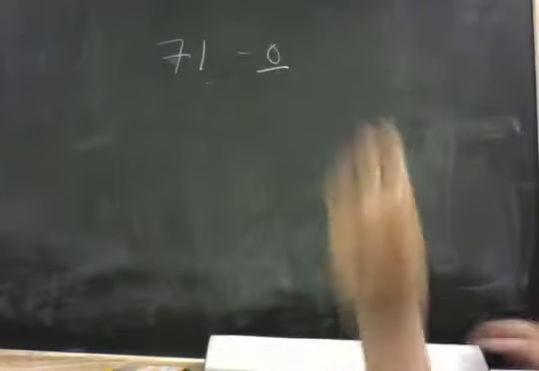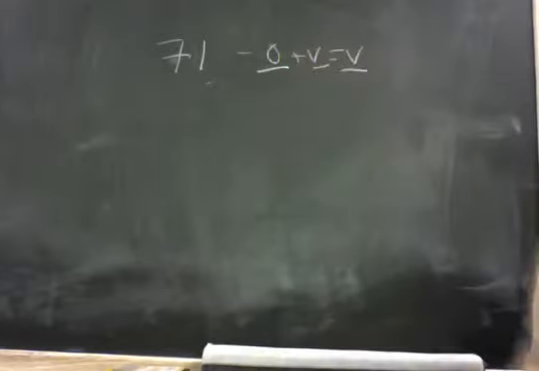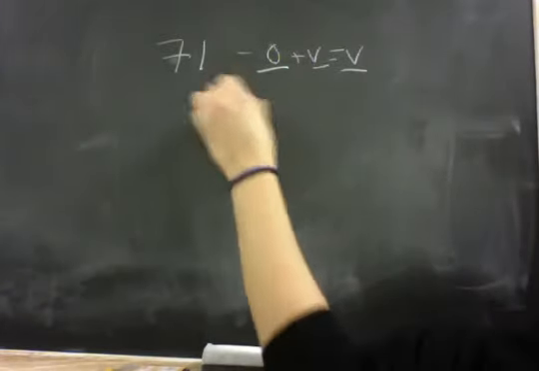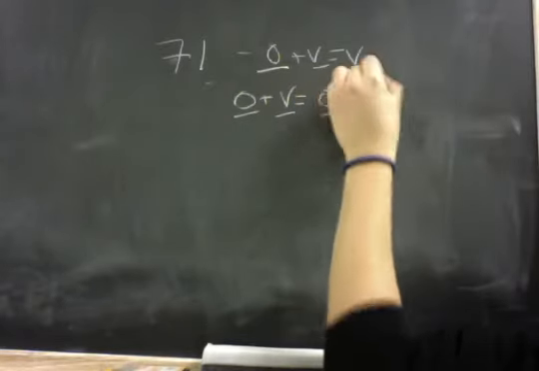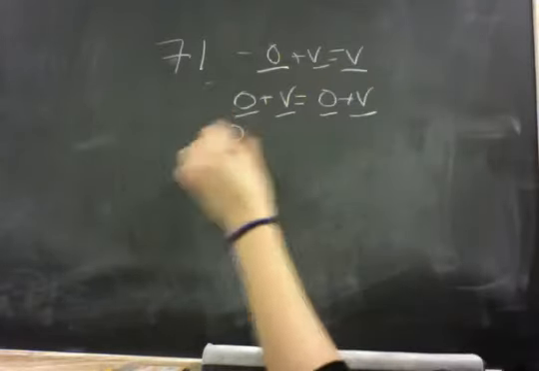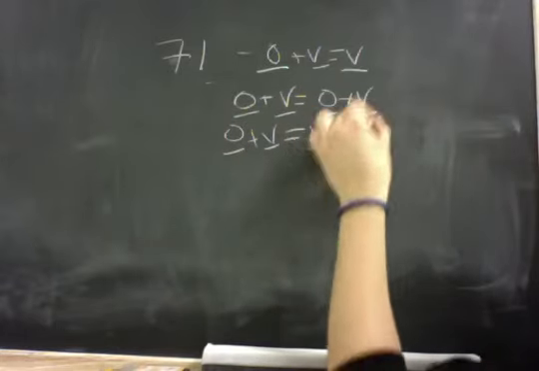Sweet. So for the second part of this proof, we want to prove that 0 is a left additive identity, i.e. that 0 plus v equals v. So to do this, we say 0 plus v equals 0 plus v, obviously true. We expand 0 on one side. 0 plus v equals v plus negative v